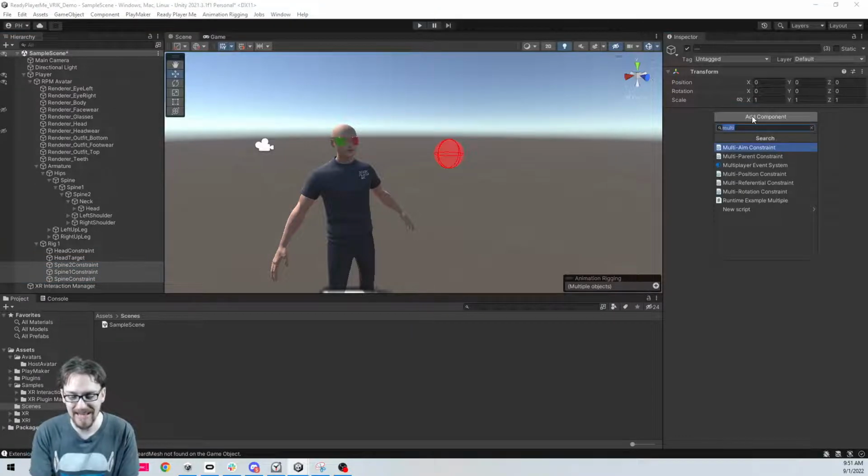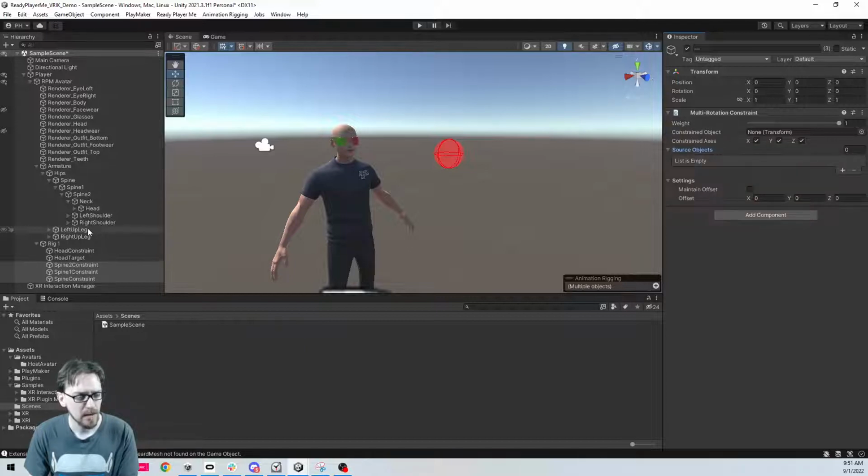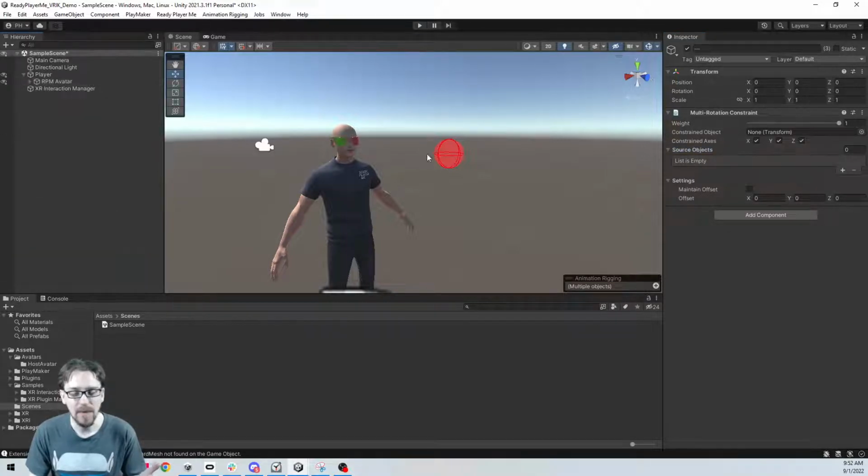And we are going to add a multi-rotation constraint. And our source object is going to be our main camera, which is in our XR rig's gone. My goodness, this project is possessed. So I was looking at this the other day, just to see how far we got, and everything I did in that last video was missing, and it's missing even more now. The XR rig is gone. How did that even happen? I'm going to pause and add it back.